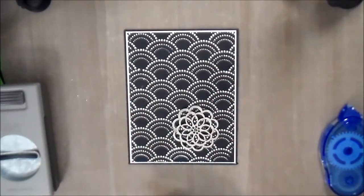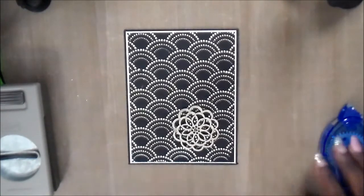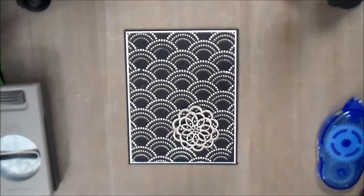Because I really didn't want to put too much on top of this. I wanted the background to be the full, I wanted you to get everything, but I wanted the sentiment to kind of stand out a little bit, you know what I mean? So that it wasn't just faded into the background. So by putting that chipboard piece with the embossing, I decided to do thank you